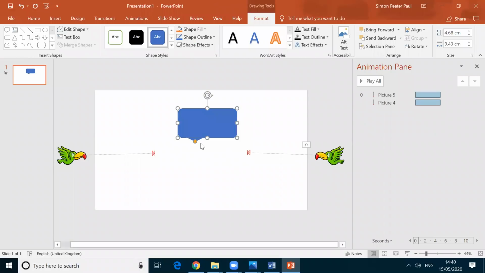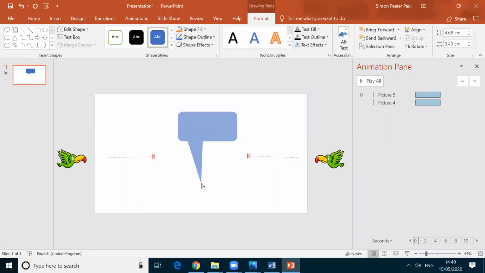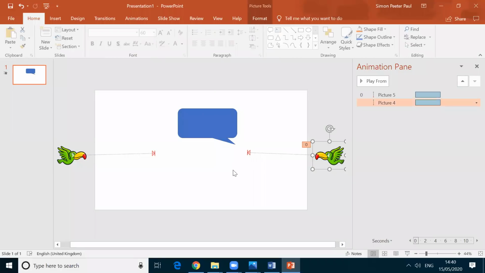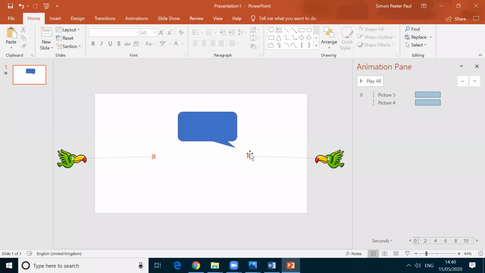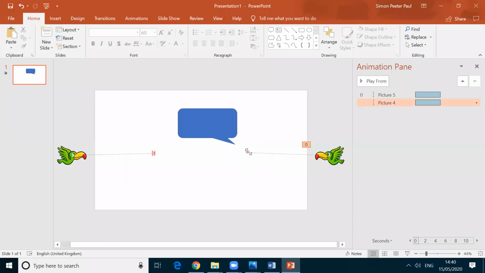I want, here there is one yellow color, right? I'm clicking here, so I can expand, I can move this one near to the mouth of the bird. Okay, I'm moving here, just I'm predicting. I'm having some problem with my mouse. Let me off the mouse, right? And this one is picture 1.